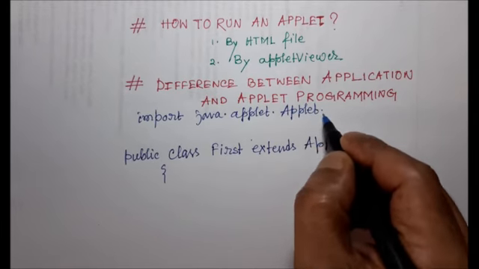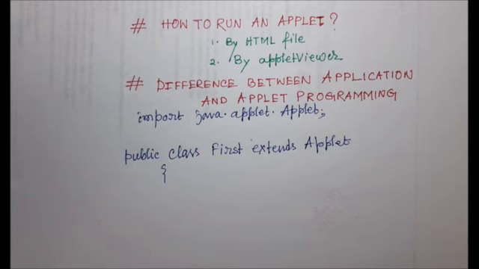Second thing, we know that in the applet life cycle we have 5 methods, right. Out of 5 methods, only 4 belong to the Applet class. In the previous lecture I discussed this; if you do not know, please go through the previous lecture so that you can get a clear idea about the life cycle of applet. And one of the methods, the paint method, belongs to the Container class. So, we have to import the Graphics class also.